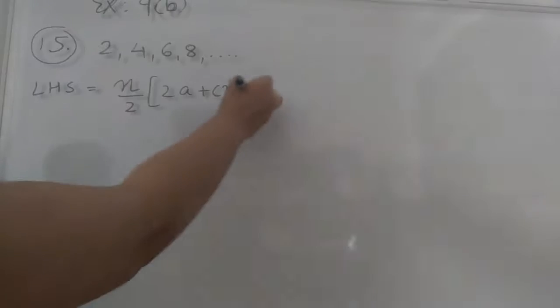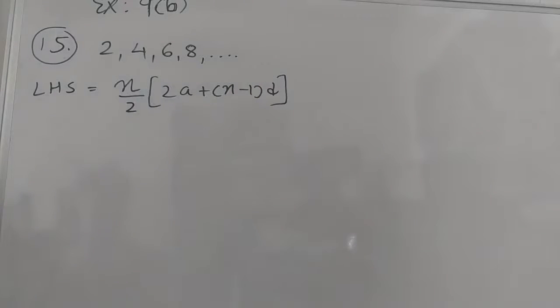So students, we all know which are the even numbers. I am writing here 2, 4, 6, 8 and so on. These are the even numbers we all know. Means the common difference between them is always 2. Now we have to show the left hand side first here. So for the left hand side I'll start with our Sn formula. I'm writing n by 2, 2a plus n minus 1 into d. This is our Sn formula because we have to show the sum of even numbers on the left hand side.